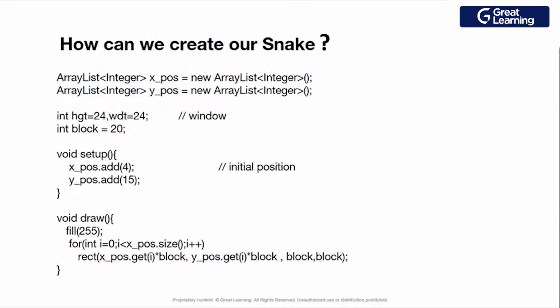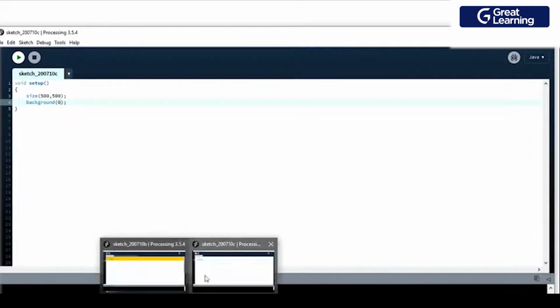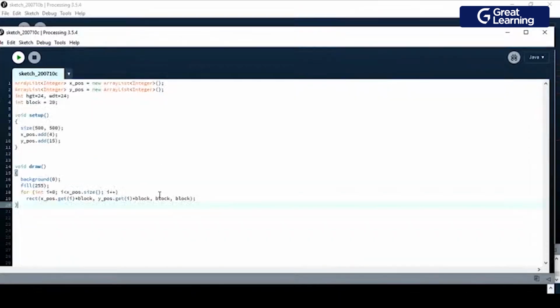Sir, you just told about height and width. Okay, the height and width represent the height and the width of this panel. I will show you once I go through this. Let me show you the things first. We'll go in this section and then I will use this. This is the thing I told you, right guys? This is the thing that I showed you and this is the thing that I did.